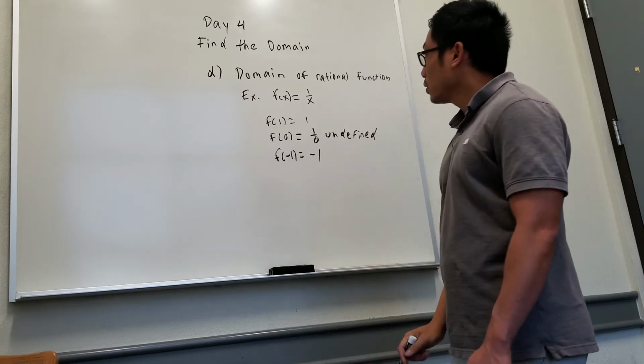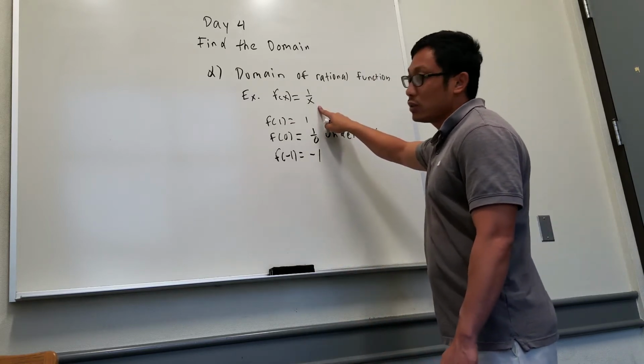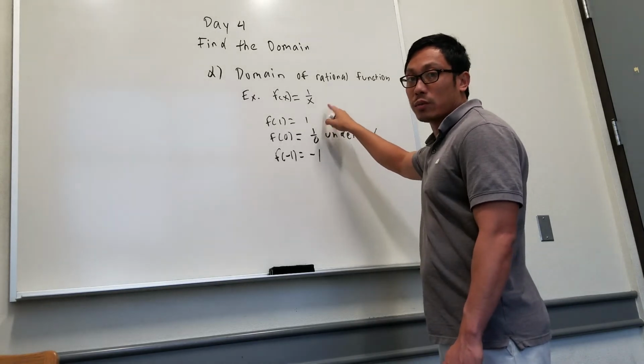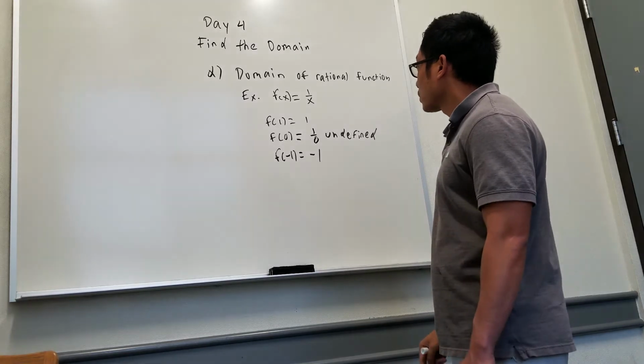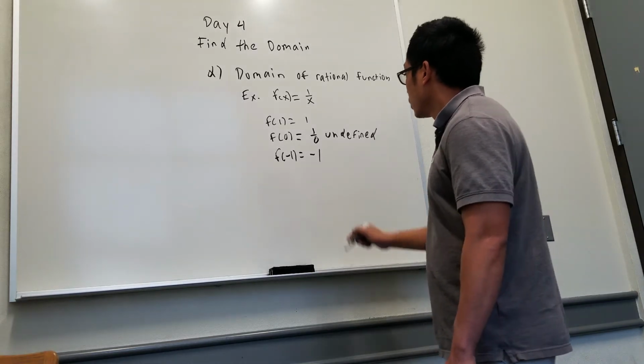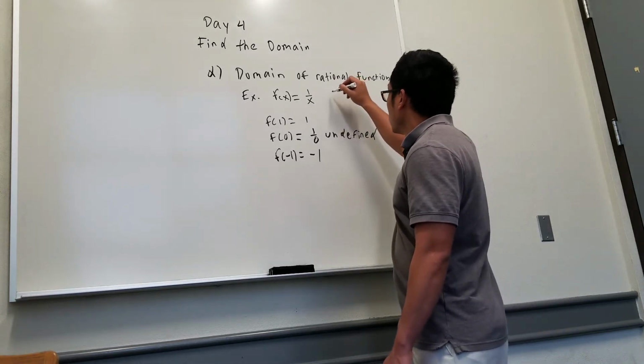So the definition of this is not that x cannot equal 0, but that the bottom cannot equal 0. A common mistake students make, so you've got to make sure you understand that. So there you go. The domain of this one is going to be, this is in